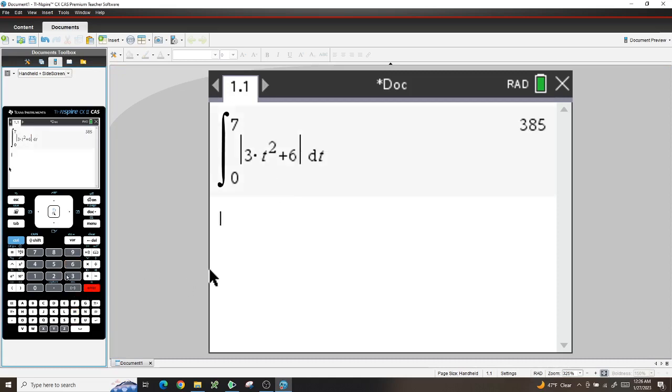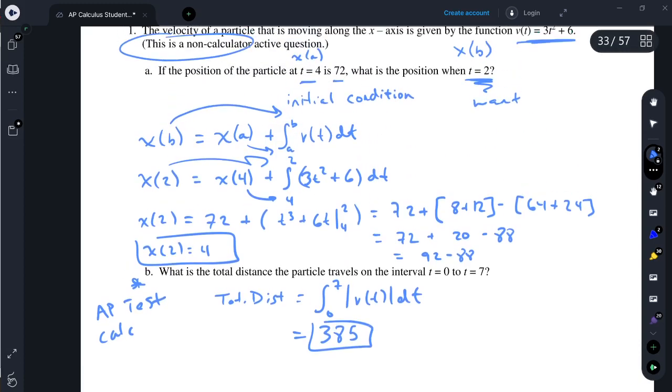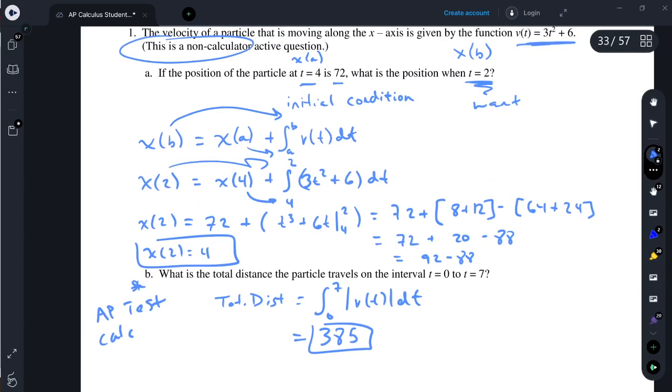And that gives us 385. Right? And so in all likelihood, that would be all we have to do. 385, box it, and we're done. Now, in the very, very off chance that you do get this as a non-calculator question, what you would basically